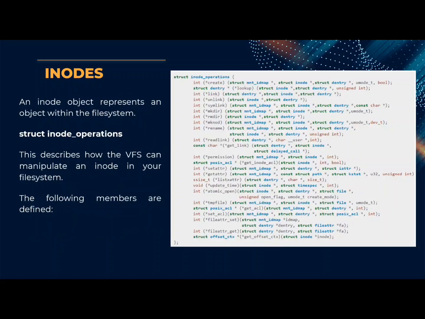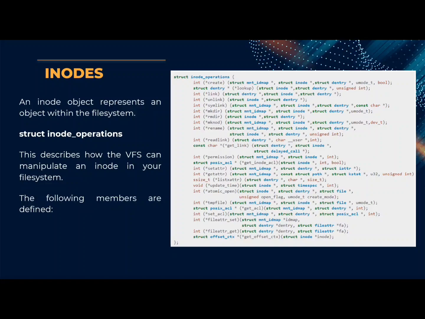An inode object represents an object within the file system. For inodes, it is struct inode_operations. This describes how the VFS can manipulate an inode in your file system. The following members are defined. As you can see,